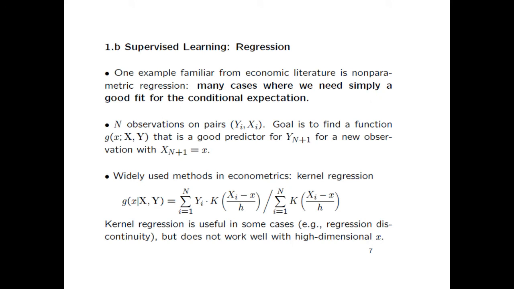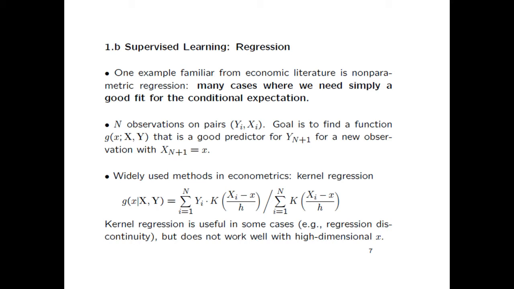Now, there's a couple of key components to these algorithms. As I said before, there's a big role for out-of-sample cross-validation. Traditionally in economics, we use a single sample for estimating a model and possibly doing tests on the properties of that model and assessing asymptotic properties. But in the machine learning literature, there's a big role for the cross-validation. And that's very much tied to the focus on prediction.